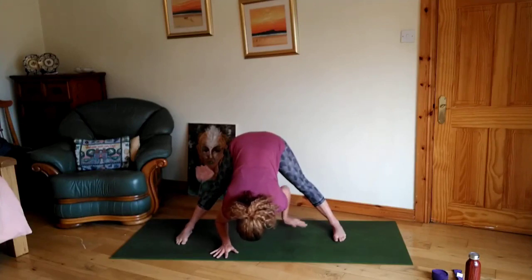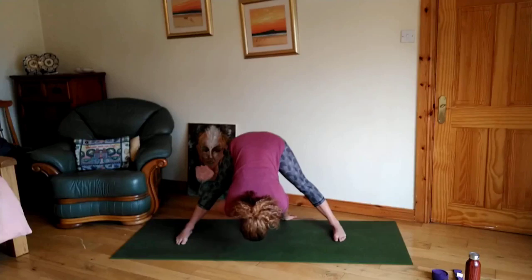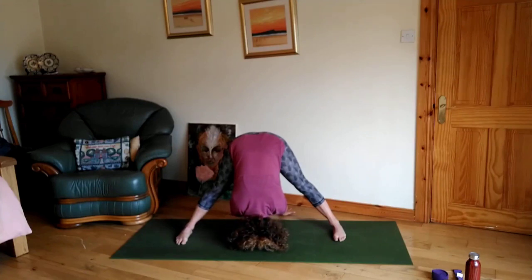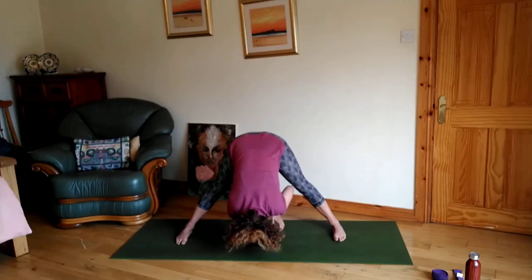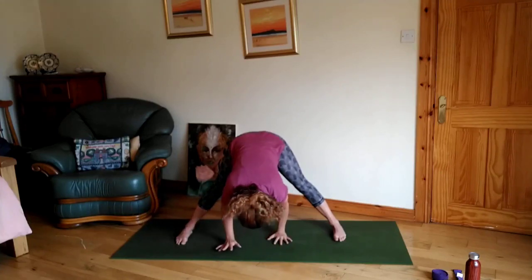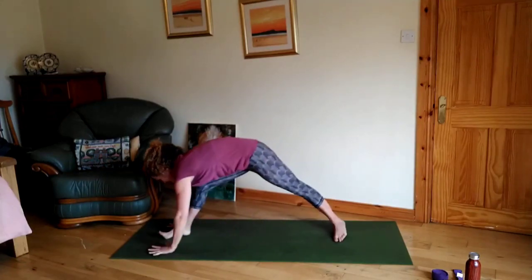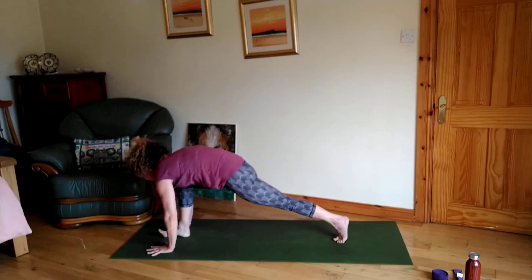Even taking the hands behind you so the fingertips face away. And you can walk those hands back, encouraging the head a little bit closer towards the mat. Hip bones lift up, hip bones push back, guys. We can walk those hands forward. And let's cartwheel the hands over to the left side, either side of the left foot as we step back